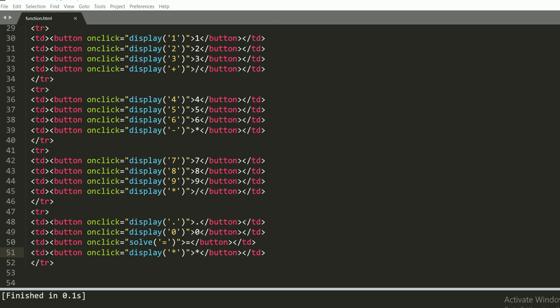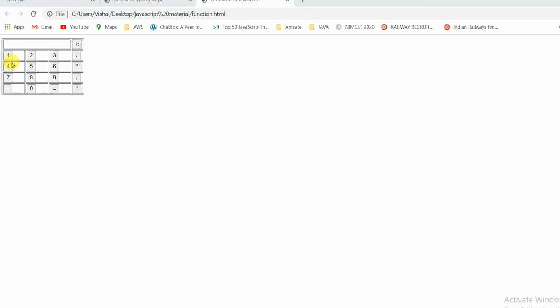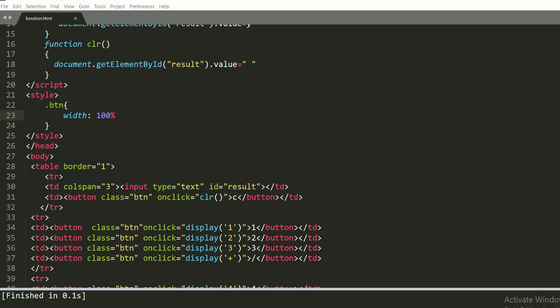Here this button does not cover this cell. So we will give 100% width, so the button can cover the cell. And to give a better look, I put a width of 100% on all the buttons.